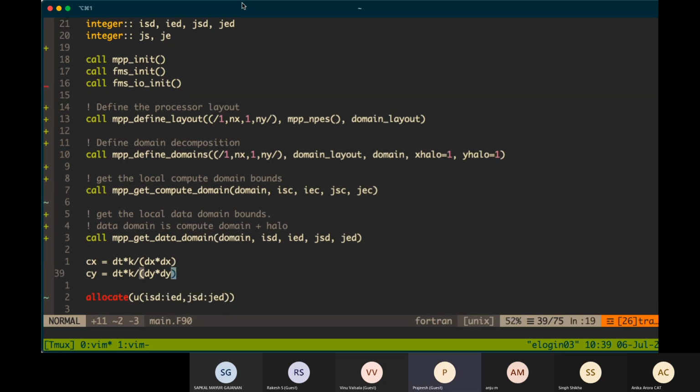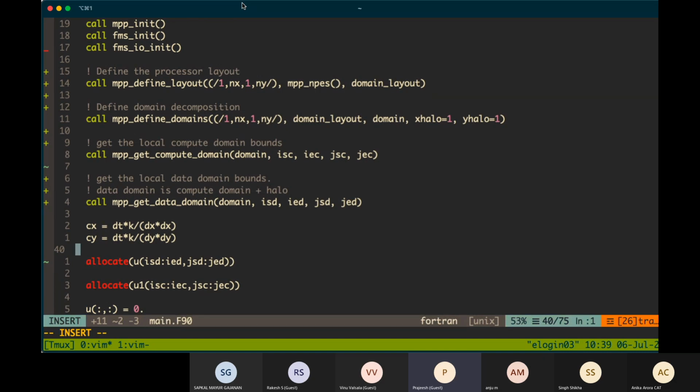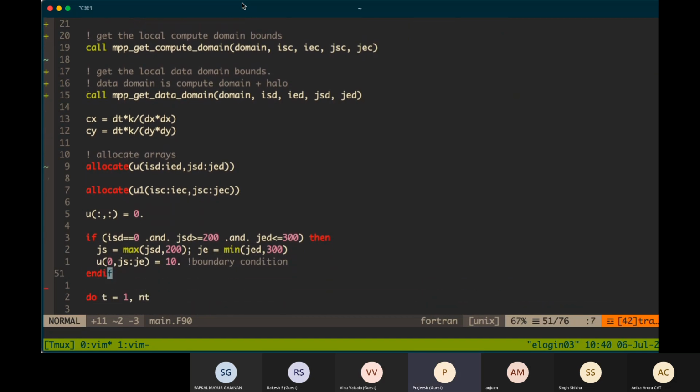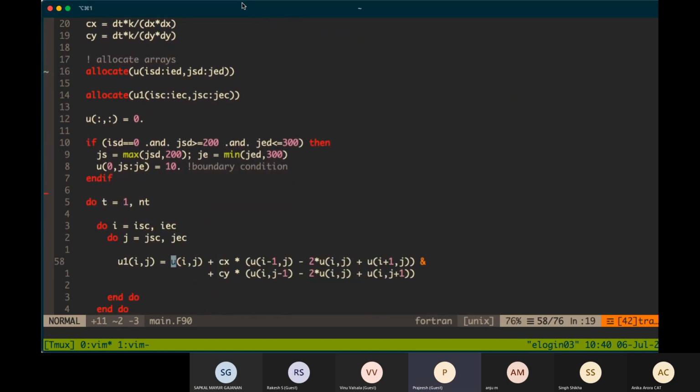Once you have those, you can allocate your arrays. Then we give the boundary condition, and in the loop from now onwards we have to use the local domain bounds for the spatial dimension wherever we are doing the computation.